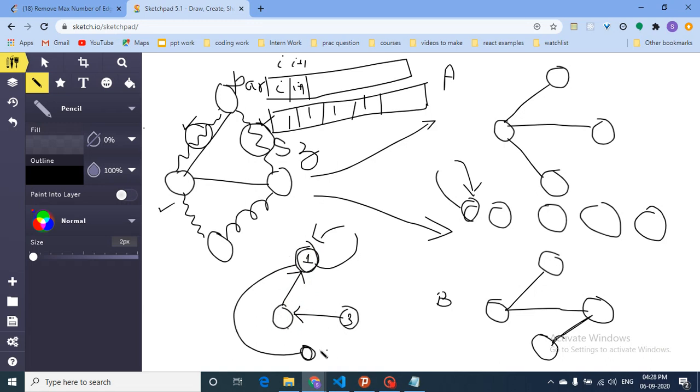So what you can do, if you are given 2 components like this, and if you want to merge these 2 components, you will go to their parent. The parent of this component is 1, and the parent of this component is itself only. Then you're going to merge these 2 parents, so that if you merge these parents, the size of the whole